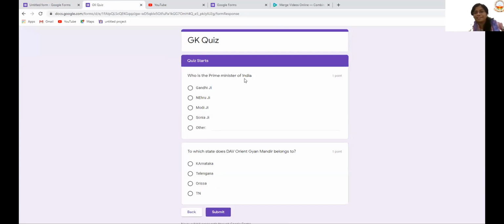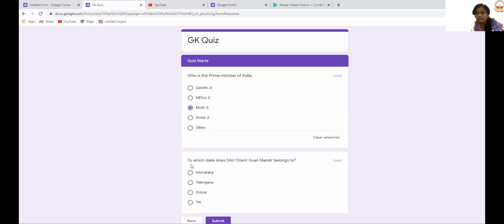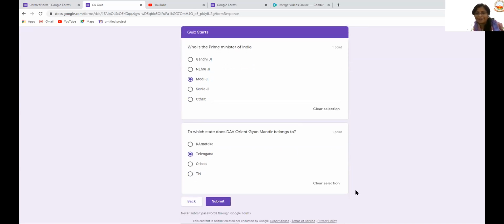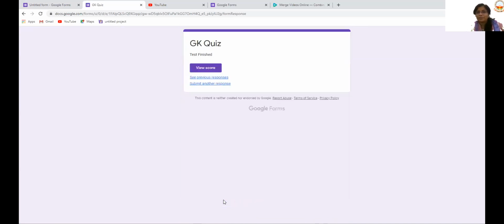Very difficult questions. Who is the Prime Minister of India? Modi ji, Gandhi ji. Okay, it might be Modi ji. Where does DAV Orient Gyan Mandir belong to? It belongs to Telangana. Though I know it is Karnataka, I'm just trying this. I'm submitting it. This is how the paper will look for the students, and after finishing, see,